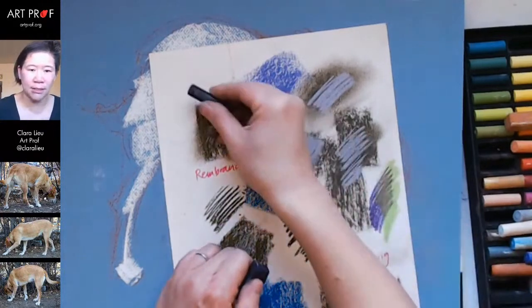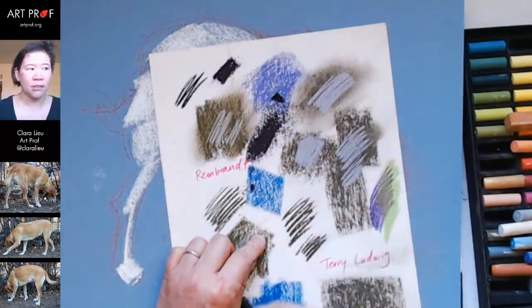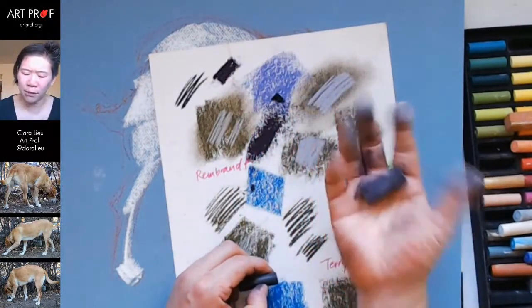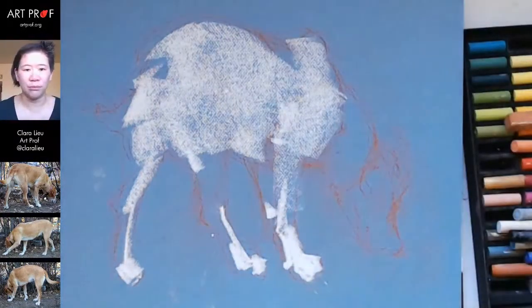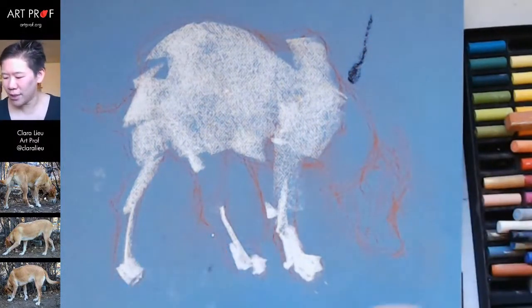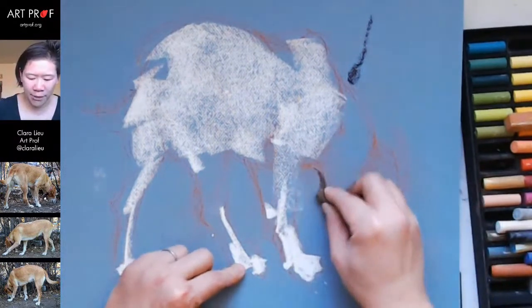Let me show you guys. This is the Rembrandt black. Wow, that is really different. You guys probably can't see the difference, but maybe this is supposed to be black, but it looks really purple to me. Maybe I shouldn't use it. It's a little bit dramatic. I'm not going to use it. I'm going to use this dark Rembrandt brown